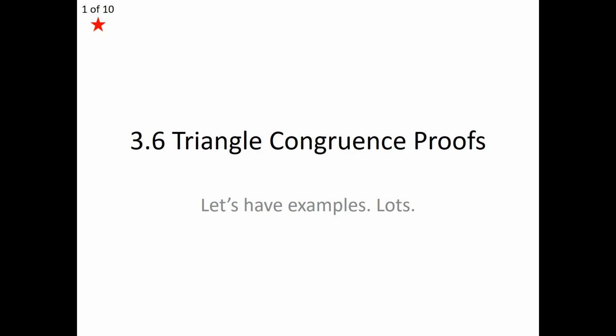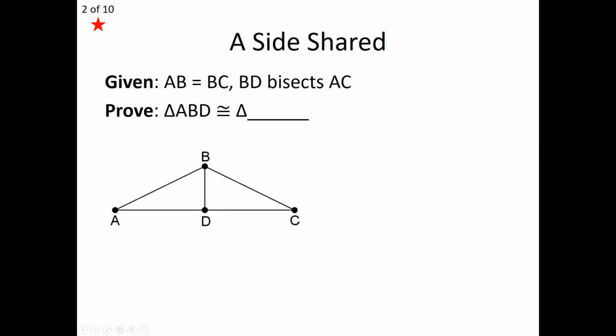Now that we've reached the end of the chapter, we're going to take a look at using our triangle congruences, side angle side, side side side, and angle side angle, to prove that two triangles are congruent. Through the next several slides, we're going to look at several examples and also try to look at patterns of what we can find to help us reach congruence within several different pairs of triangles given to us. So for example, in our first example, if we're given a pair of triangles such that they share